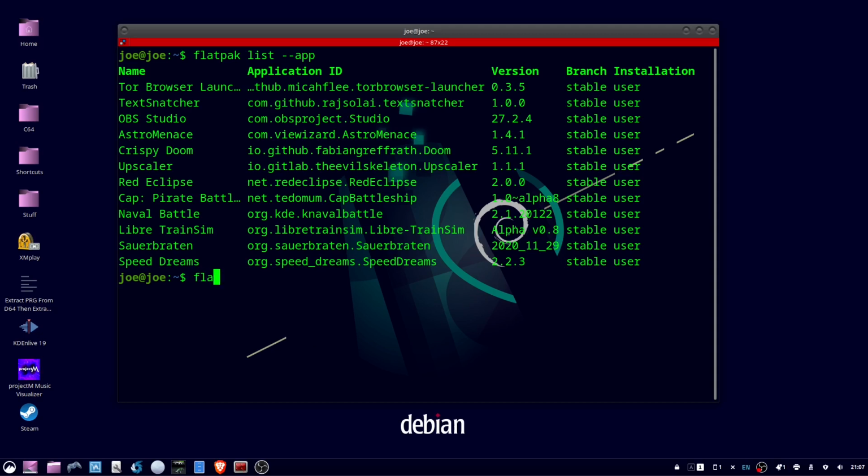So to remove a Flatpak, type flatpak uninstall --delete-data, and then the application ID of what you want to remove. I'm going to remove Upscaler, so I will type in